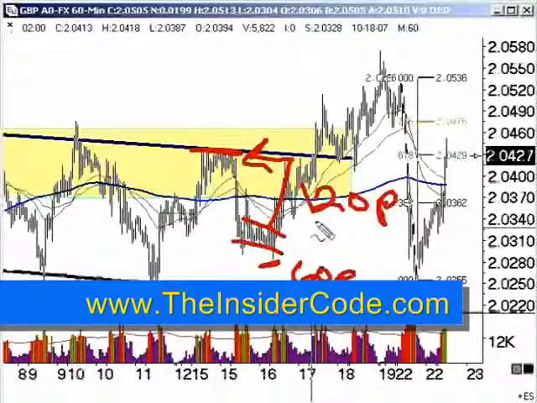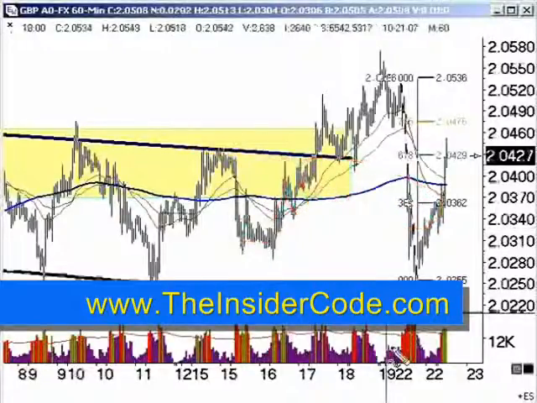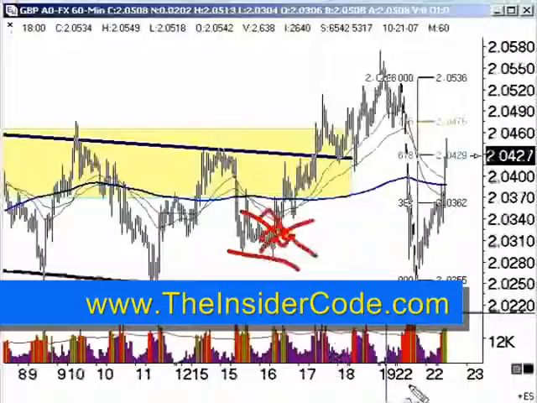Does that mean I'm always taking 120 pips? No. Does that always mean I'm taking 60 pips? No. You have got to be more flexible than that, people. You just have to remember, trading is a flexible environment. Okay, we're trading momentum types of trades. If you're watching a trade and you see momentum dying off, listen, our transaction costs are low. Get out. Just get out of the trade.